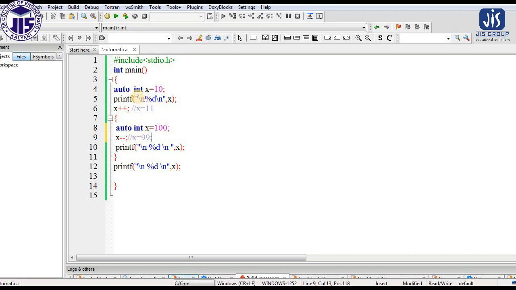Now is it possible that within the same program main, can we declare a variable with the same name? Yes, it is possible. As we have declared this variable, if I avoid this block, then it is not possible. If you now compile that, you can see we are getting an error here. The error is because we have declared two variables with the same name inside the same